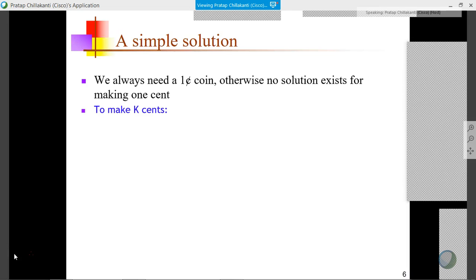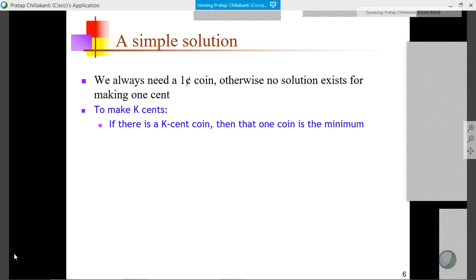If you don't have 1 cent, let's say you are going to 9. If I have only a 5 cent coin, I cannot get to 9 without 1 cent. So you need 1, the lowest unit. Okay, 1 paisa. Now to make k cents, the algorithm says,